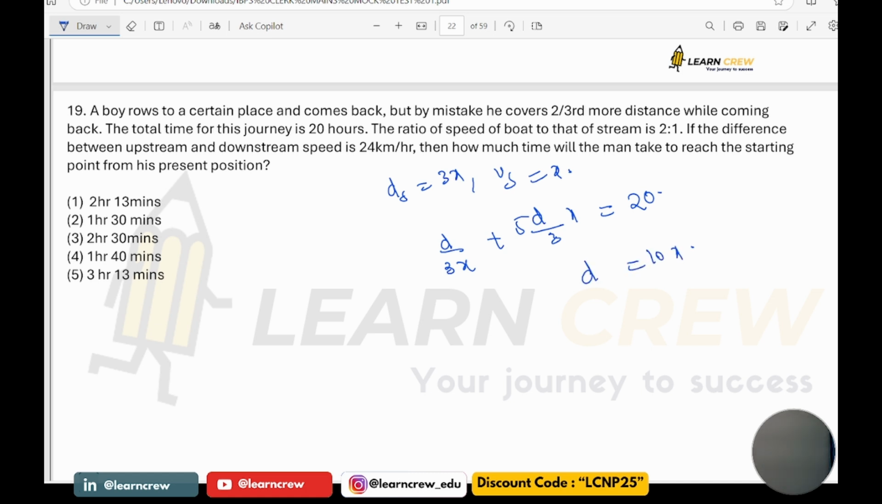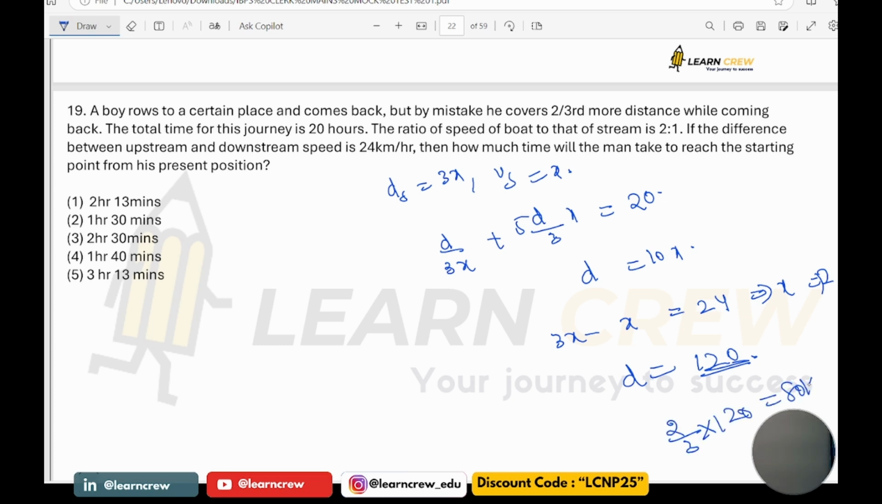And it's also given, the difference between upstream and downstream speed: 3x minus x is equal to how much? 24. So that implies x is equal to 12. Thereby d is equal to how much? 10 into 12, 120. So to come to the original point, he has to cover 2/3 of 120, which is